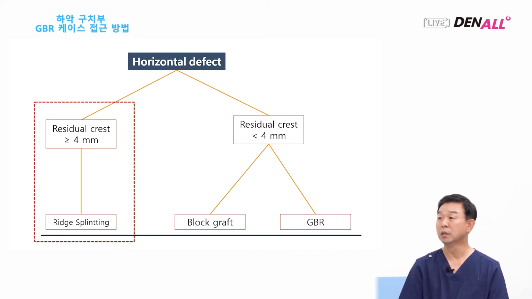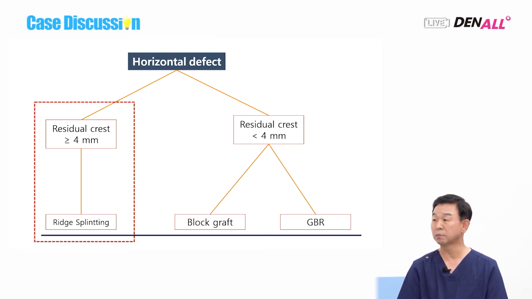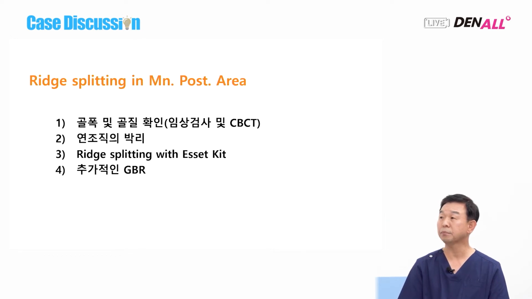In summary, if the residual crest width is 4 millimeters or more, as Dr. Song mentioned, ridge splitting can be done simultaneously with the implant placement. If the bone width is less than 4 millimeters, first, knife edge bone can be addressed with the GBR or block bone graft. After bone is regenerated, placing implants later is a good option. As Dr. Song said,